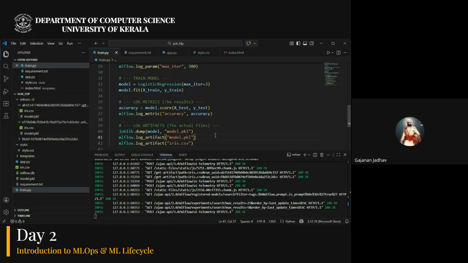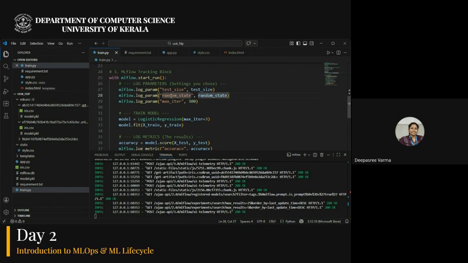Ma'am, I have one doubt. Suppose we are having a reinforcement learning model, for example, an actor-critic model. In that case, we are having two networks. So is it applicable for this one also? For any experiment, it is applicable. If you have two networks, you have to store both the networks inside this. You have to log the parameters of both the networks and train both the networks inside here itself. This can be done on any machine learning model.